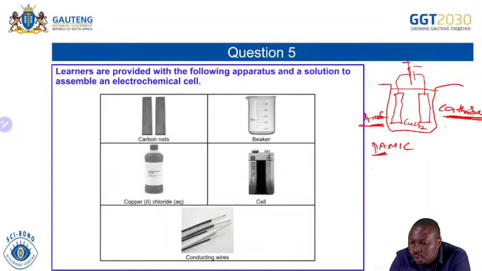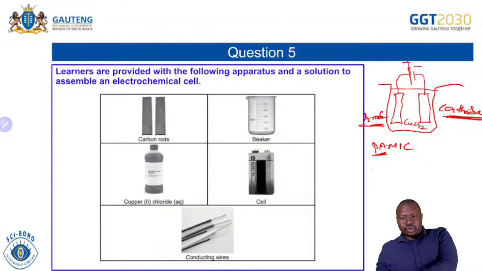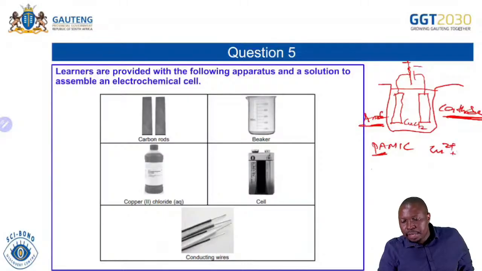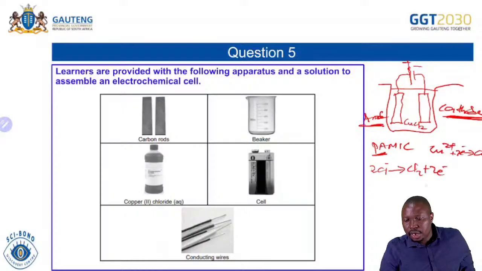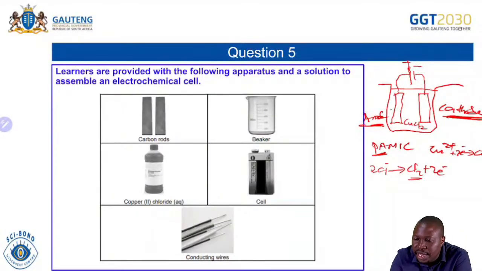Remember, usually copper as a metal will like to lose electrons, but in this case it is copper 2+ that is gaining the electrons to form copper, while the 2Cl- is losing electrons to form Cl2. So you will see that around the anode here there will be bubbles. Why bubbles? Because there is a formation of the chlorine gas, and around the cathode there will be copper,